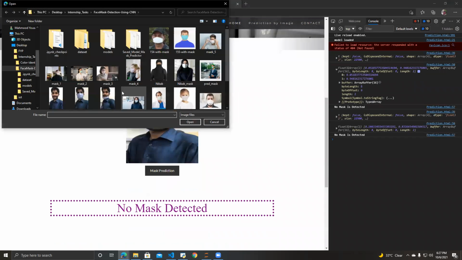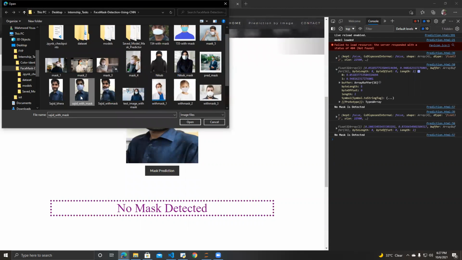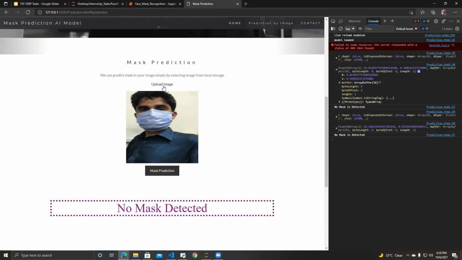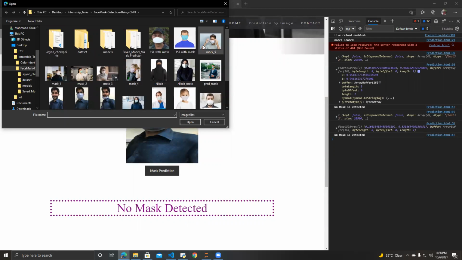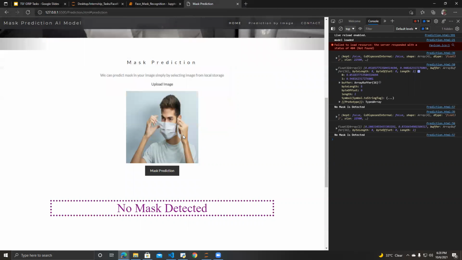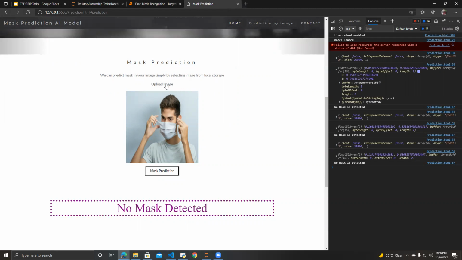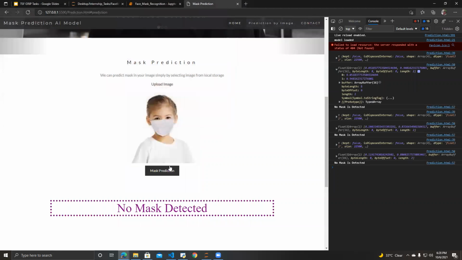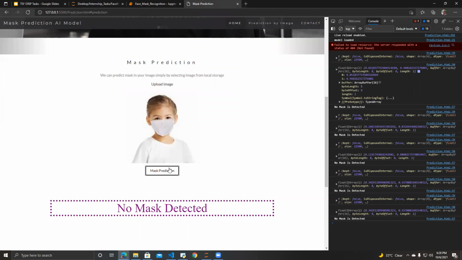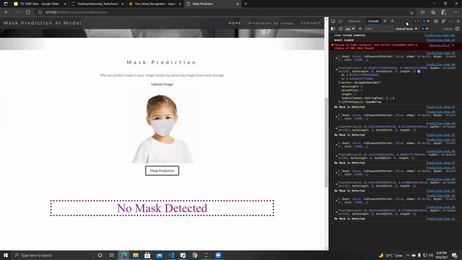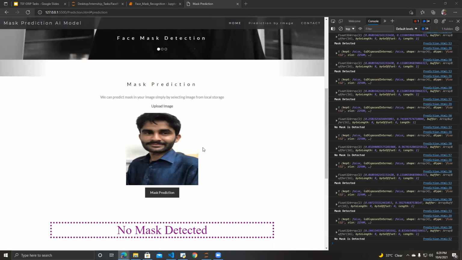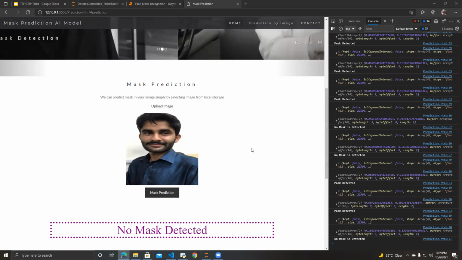Let's predict with mask here. There might be some issues with JavaScript here.